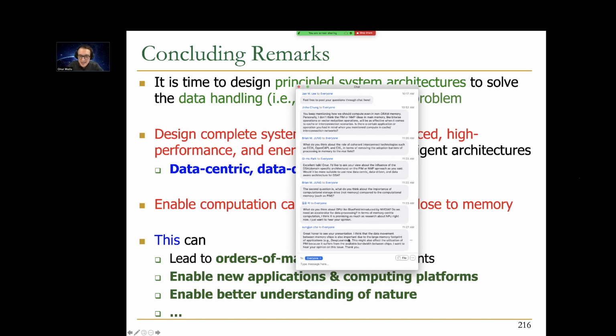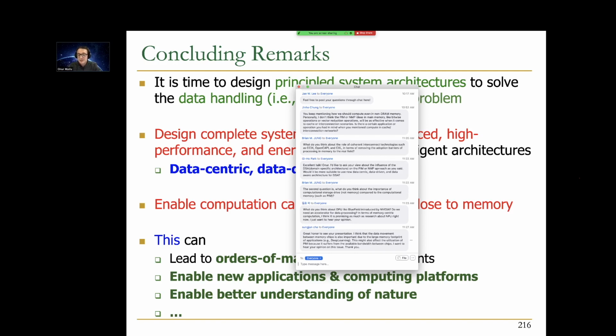Okay, Sungjun says, I think that the data movements between memory chips is also important due to the large memory footprint of applications, e.g. deep learning. This might also affect the utilization of PIM because it suffers from the available bandwidth between chips. I want to hear your opinion on this issue. Thank you. So yes, for sure. In the end, whenever you're doing processing in memory, you want to minimize the data movements that you have across